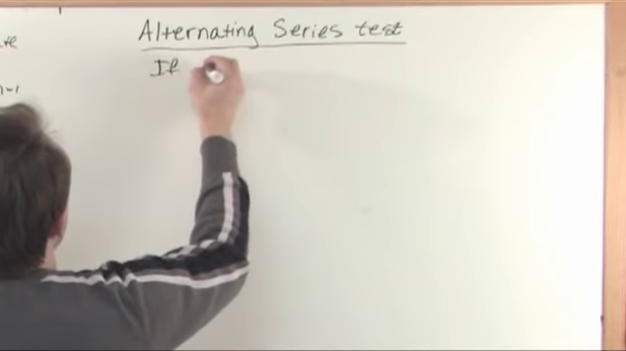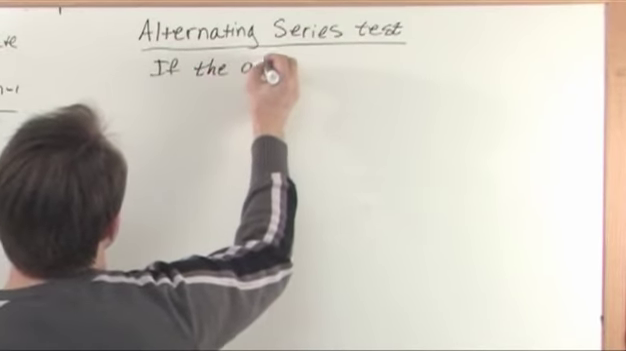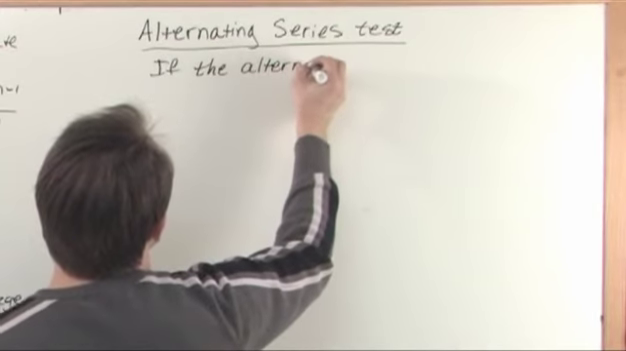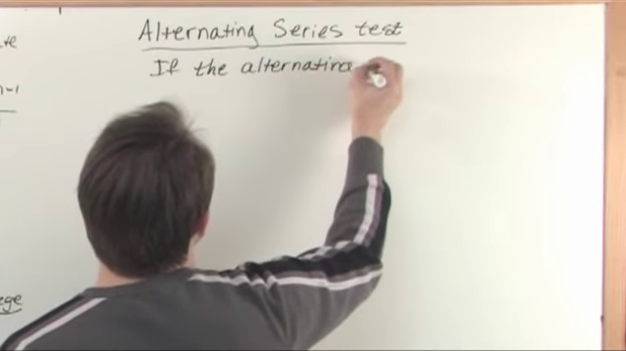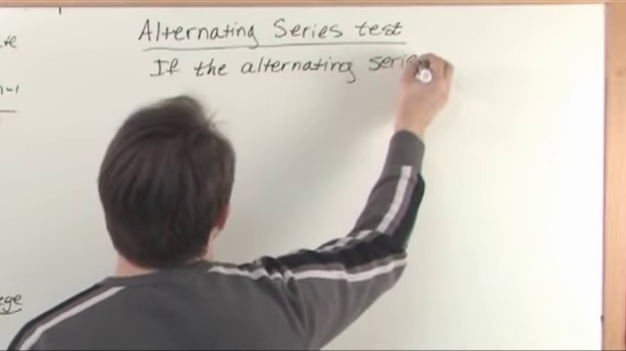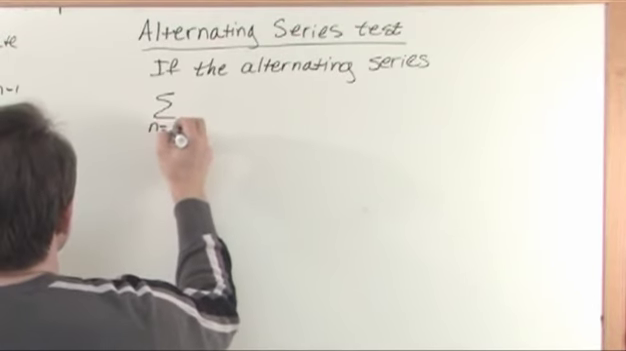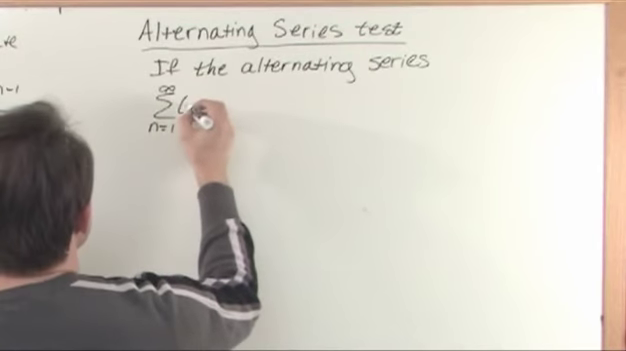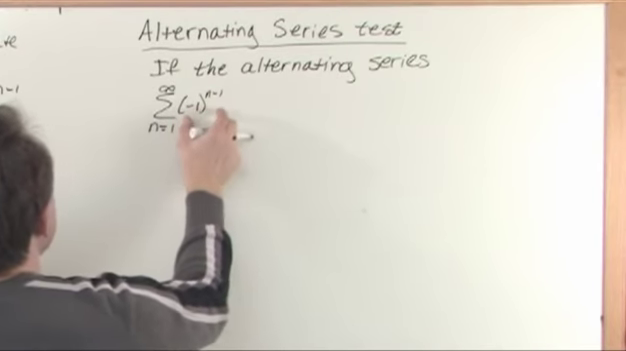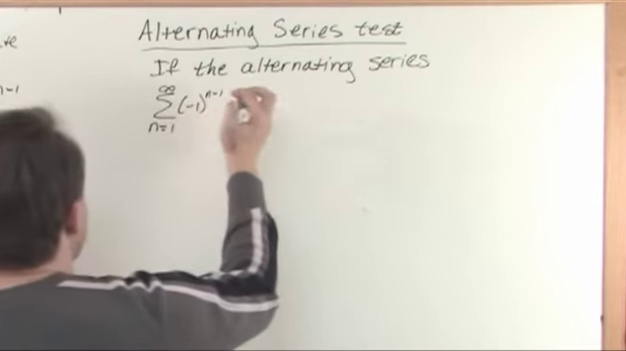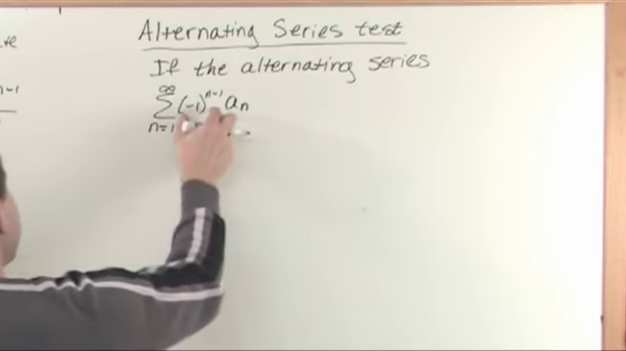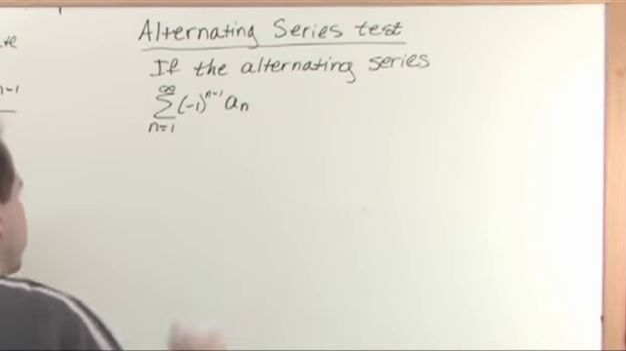If the alternating series, which can be written as the sum from n equals 1 up to infinity of negative 1 to the n minus 1, which just makes the signs alternate, of the terms a sub n. So here's the part that makes it alternate, and here are the actual